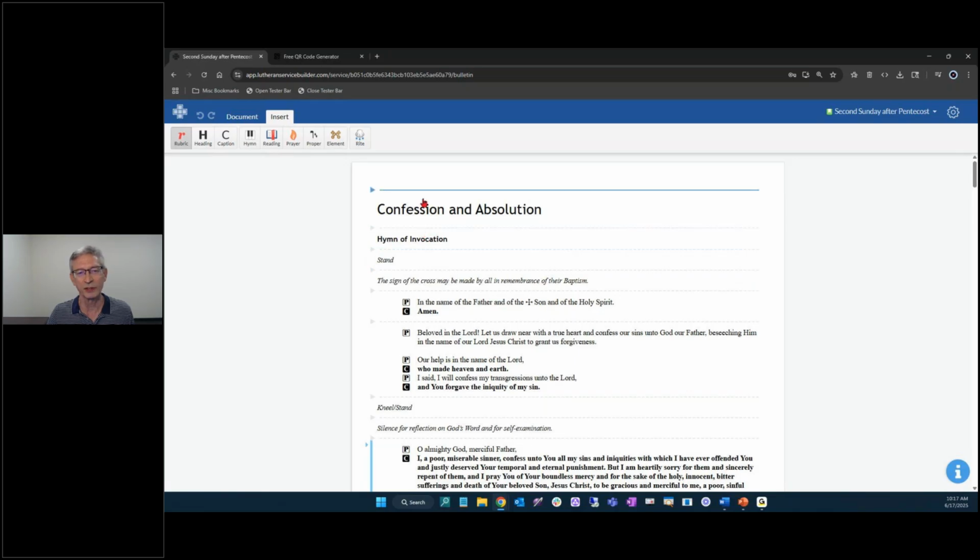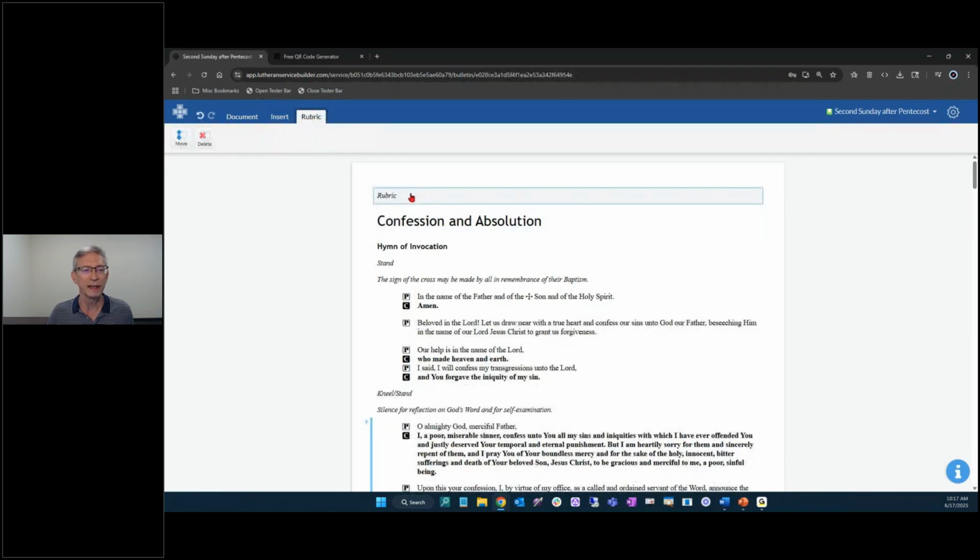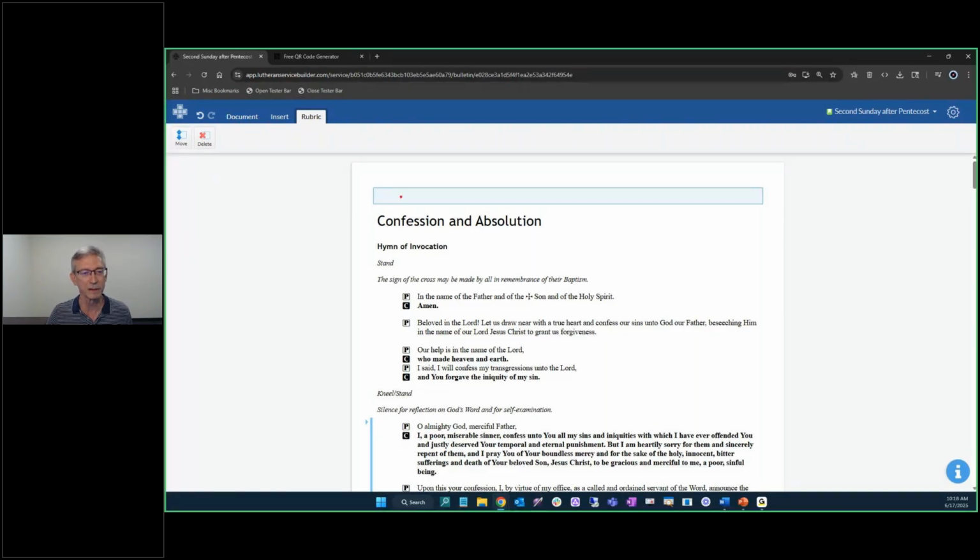So if I wanted to put a rubric here at the top, I could click right on the blue line, and it would give me a rubric line where I could type in whatever I would want for that rubric. And you'll notice that once I've clicked on an element in the order of service, a new tab appears at the top for what I've clicked on below, and that displays the toolbar for that inserted